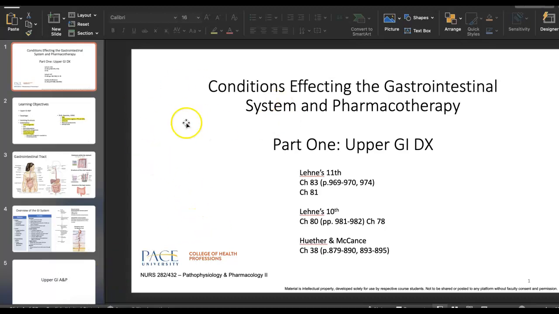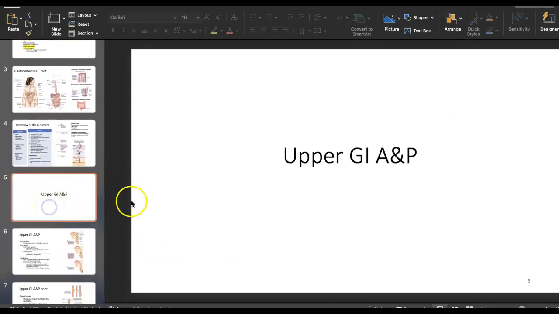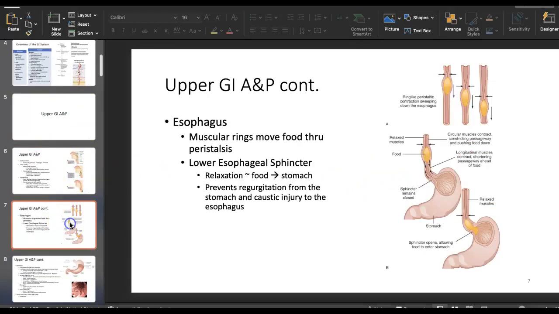Today I'm going to be taking you on a tour of a PowerPoint for one of my nursing courses. This one is related to the conditions affecting the gastrointestinal system and the pharmacotherapy which is used to treat it. So just a few highlights are the upper gastrointestinal anatomy and physiology, which we just really go through what everything